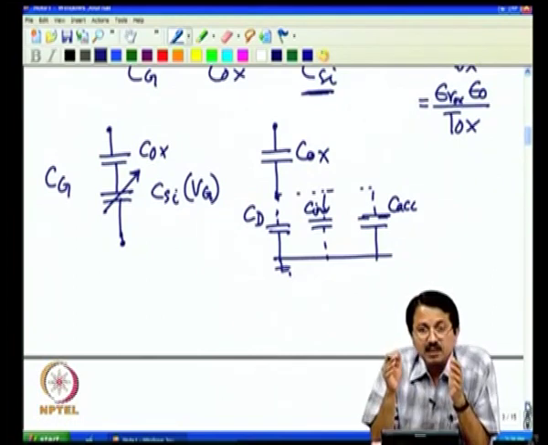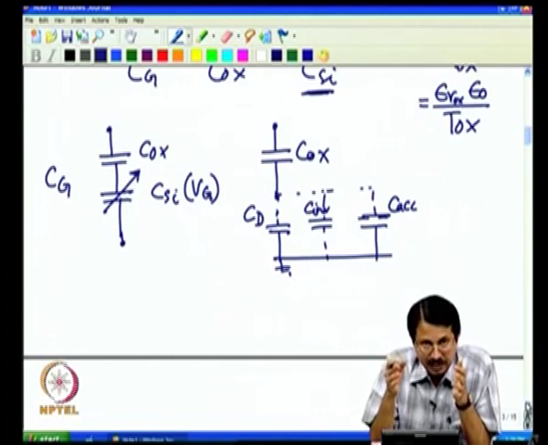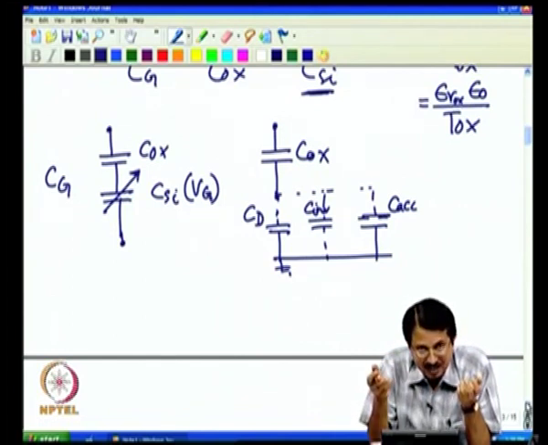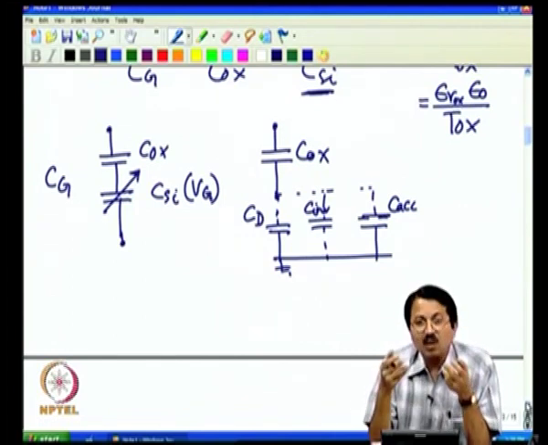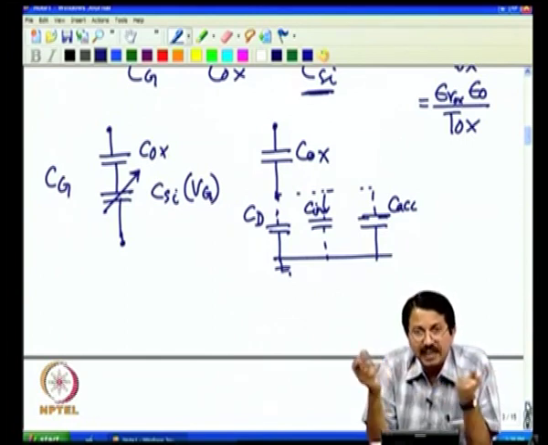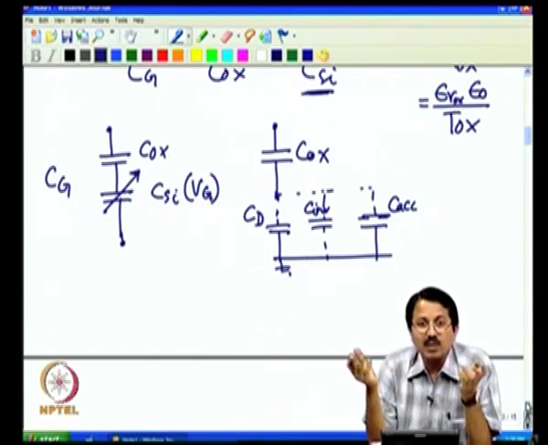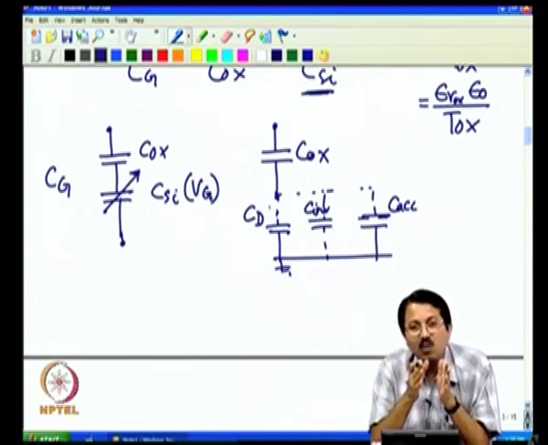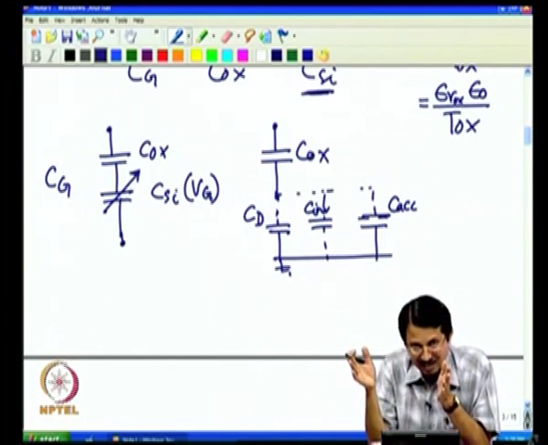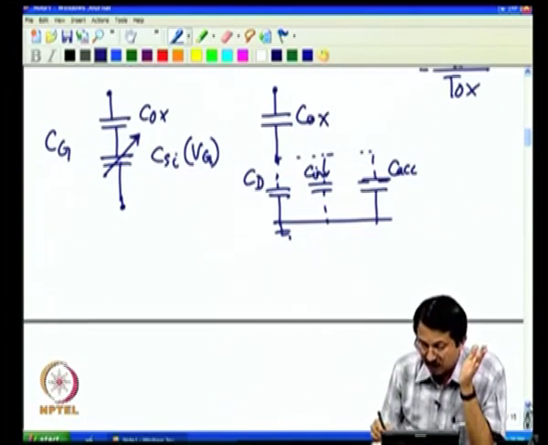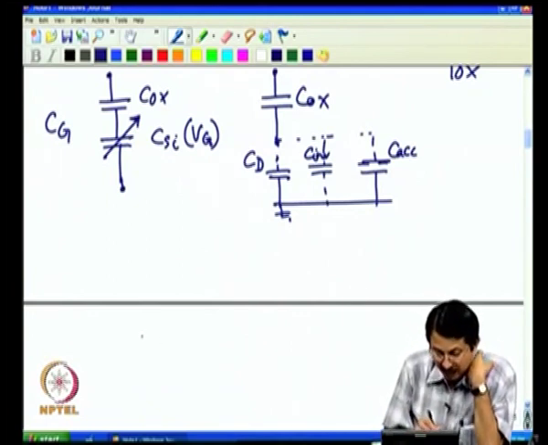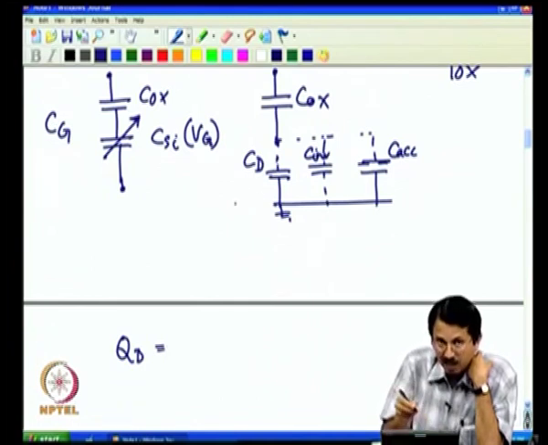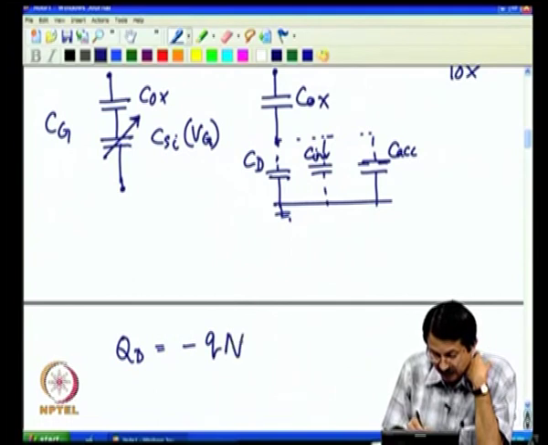in depletion the charge in semiconductor is essentially depletion charge, because all mobile charge, electron and hole charge, can be neglected. So, in other words, the change in charge is essentially governed by how the depletion charge changes. So, what is the depletion charge? In particular, if you look at the CD, the CD will come from the depletion charge, and this depletion charge is essentially,